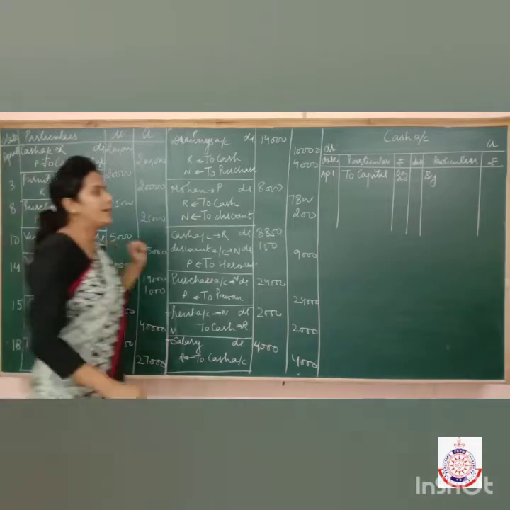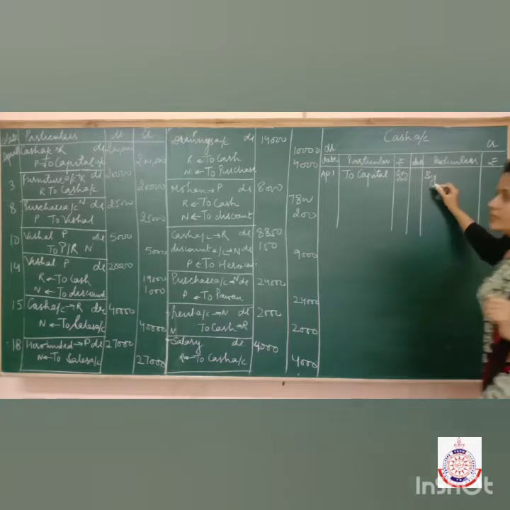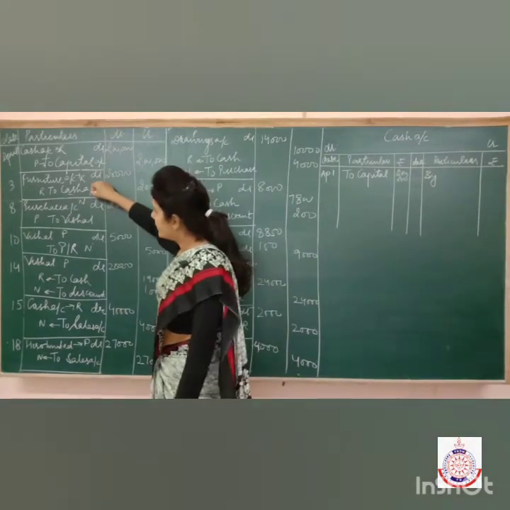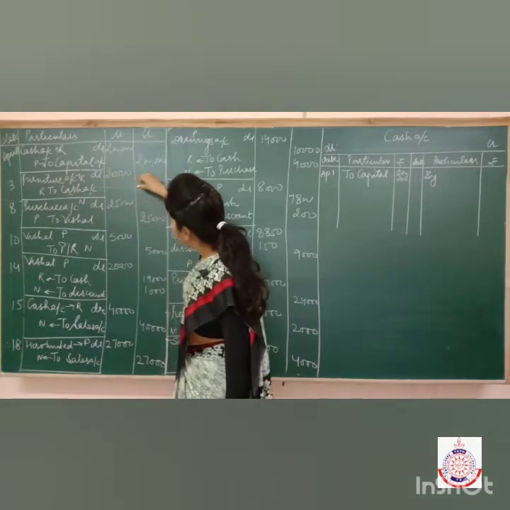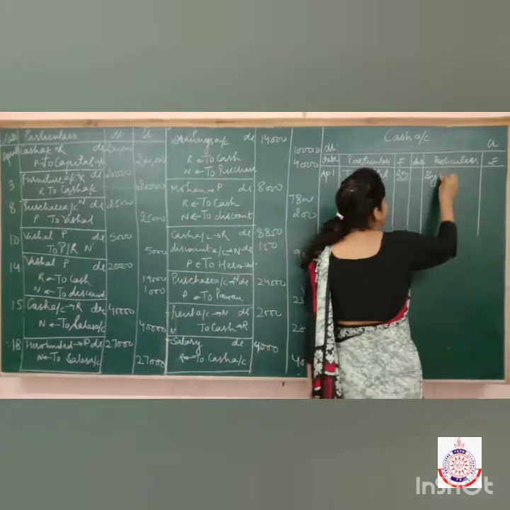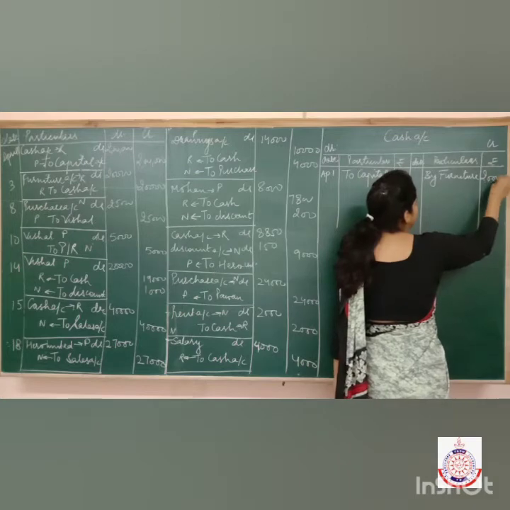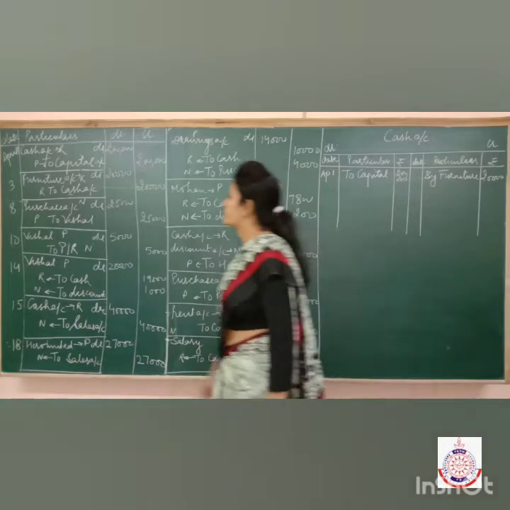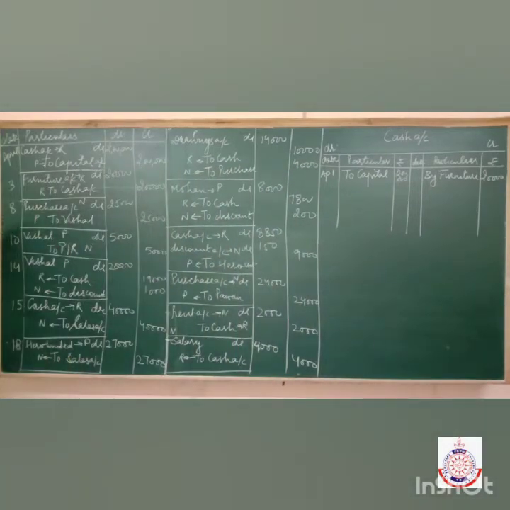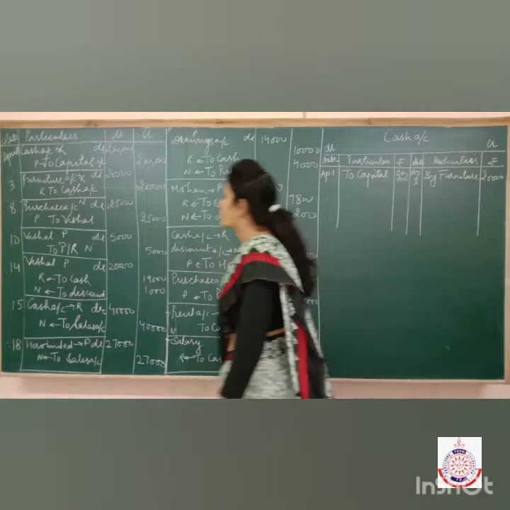And whenever we record any transaction on the credit side, it will be started with the word by. Now here, cash account is credited by which account? Furniture account. And cash account is credited with rupees 20,000. Then write here by furniture 20,000. Fine. Now come to the next transaction. And then write the date also there. It's April 3. So it's April 3. Now come to the next transaction.